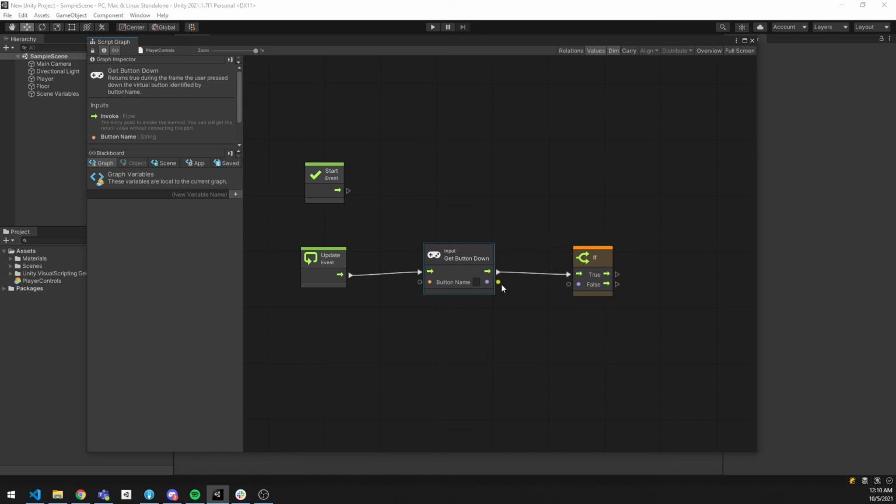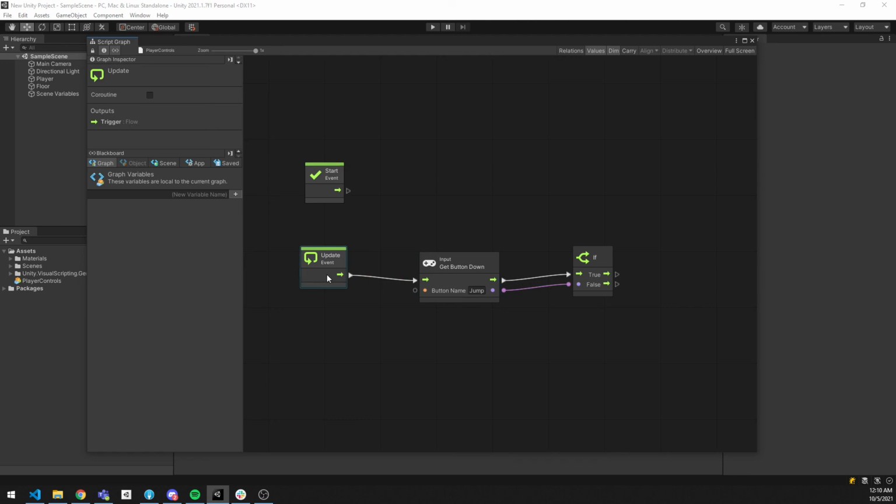I can take the output of this node and connect it to the input of this node. Lastly, I need to hook up what my button name should be. I'm going to use jump. Jump by default in Unity is hooked up to the spacebar, as well as on a controller it's hooked up to the A button. So right now what I have hooked up is every single update, so 100 plus times